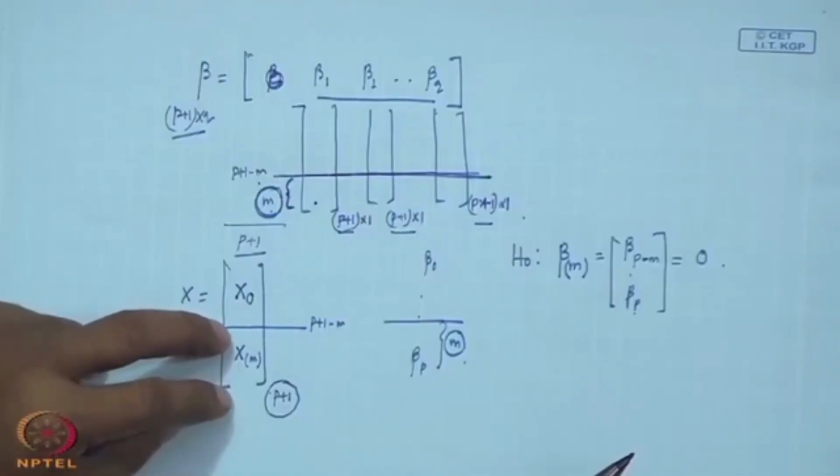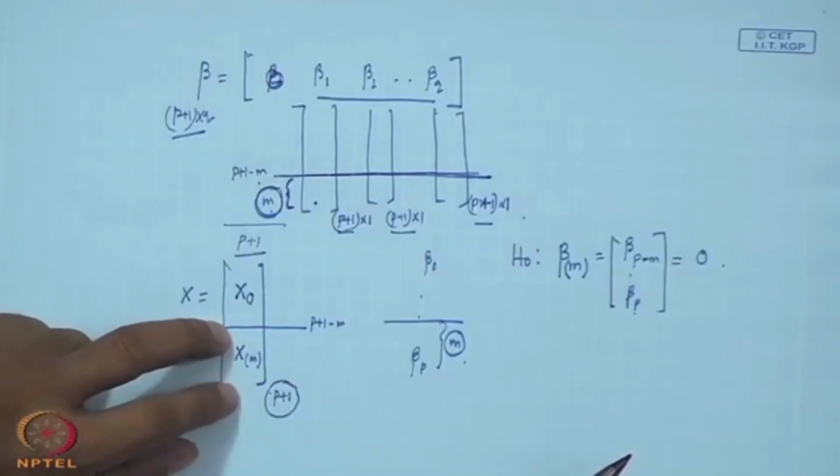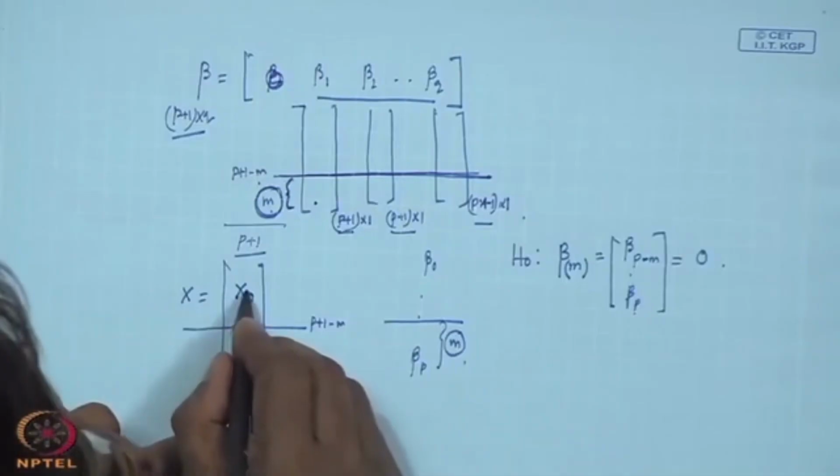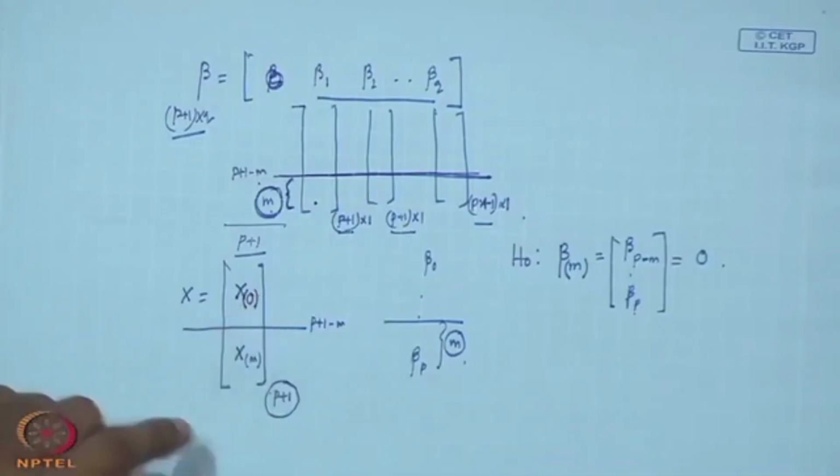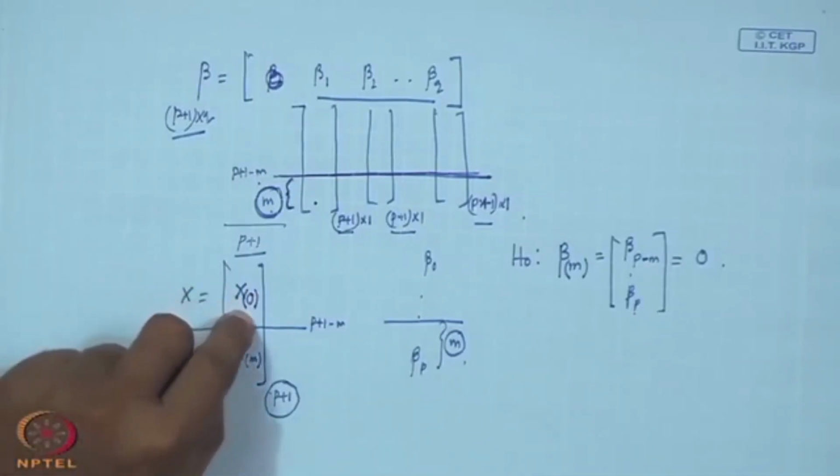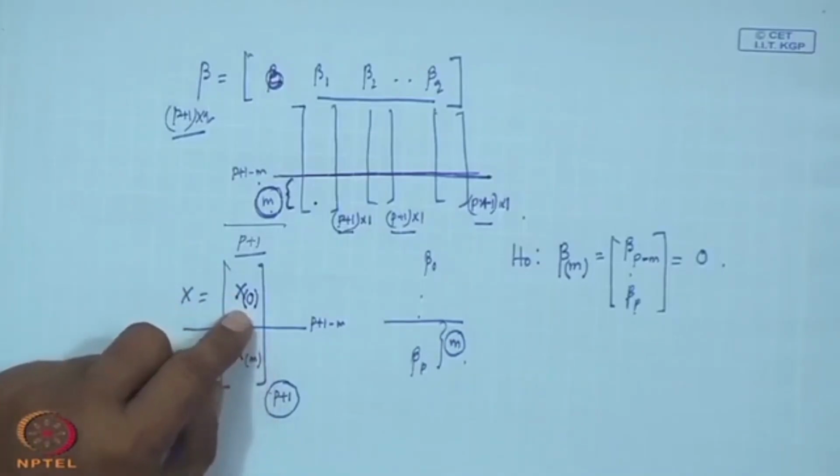I am saying that 15 variables are contributing, and 5 variables as a whole are not contributing. So I can rearrange those variables: the first 15 contributing, P plus 1 minus m, that x0, and the last not contributing, xm. We can write like this. Here we write x0 within bracket, so that it will not be confused with x0, that constant,